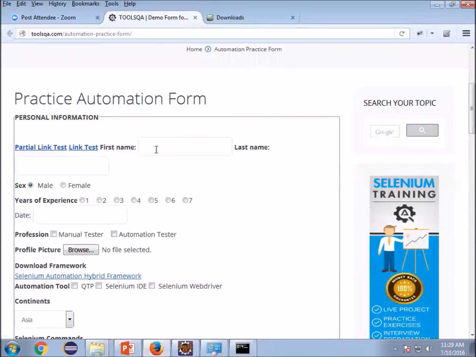In the manual case, we have a mouse, and as a person we can locate this element on any web page. But for a script to locate this element, we should give some mechanism or address of this box to the script, and for that we have locators in Selenium WebDriver.